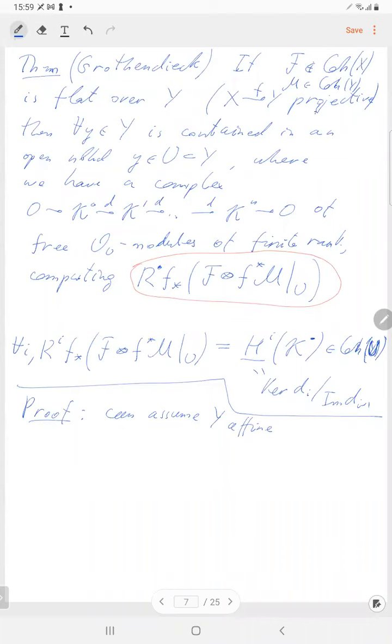And since Y is affine, all the coherent, quasi-coherent sheaves here are global sections of localizations, and then